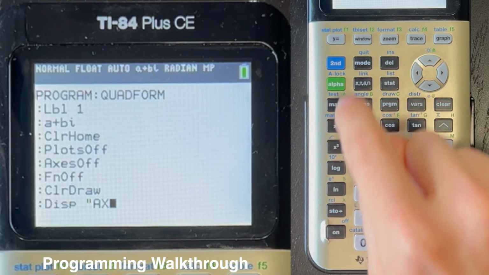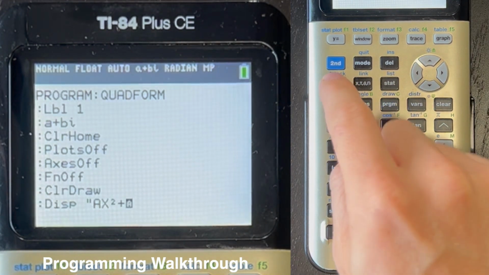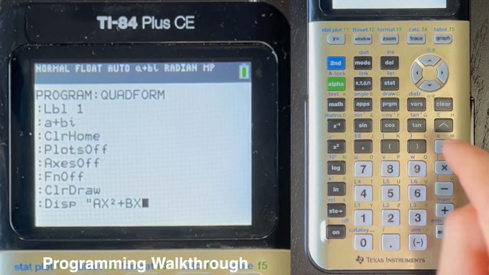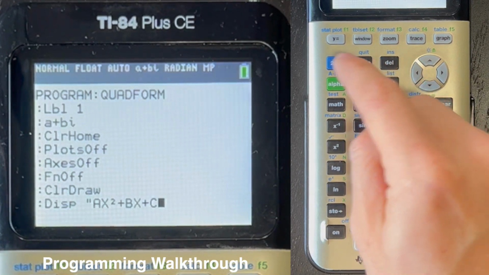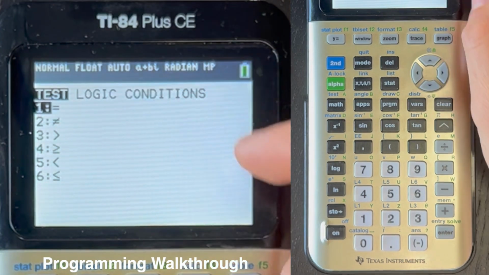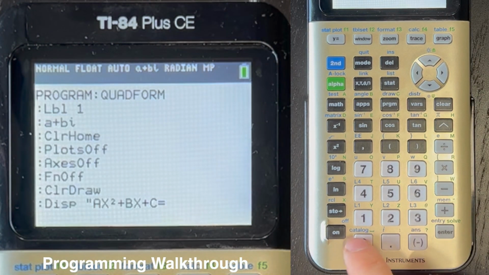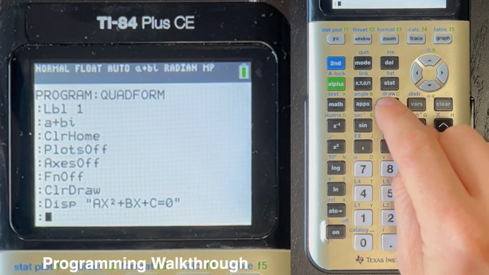AX squared plus alpha B alpha X plus alpha C, and then second math brings up this test and logic menu. We'll be using those a lot. Select equals 0, and then closed quotes, enter, program,